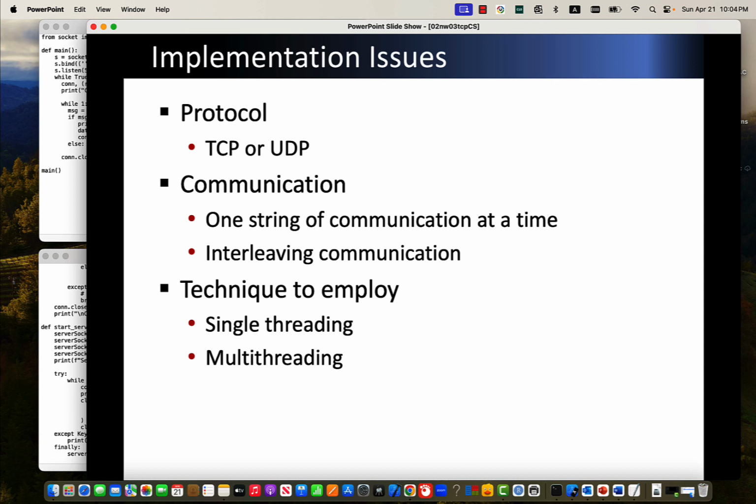And also communications, one string of communication at a time. That works for the programs that we learned and practiced so far. But what if we want interleaving communication? What that means is that because we have one server, we may have multiple clients. While one connection is established to one client, there should be another connection established for another client,